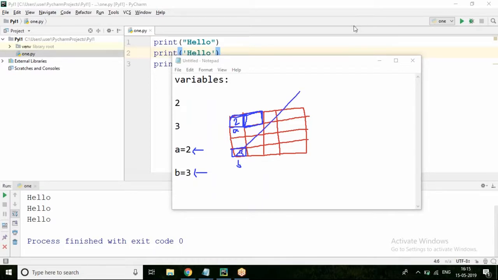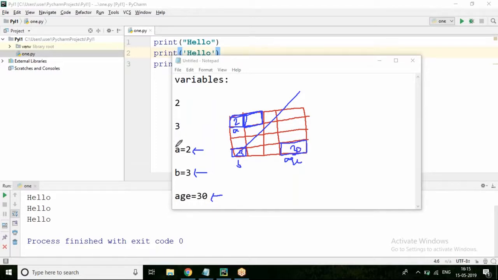Let us say I want to store the age of a user into the computer's memory. I will be writing age equal to 30. So whenever age equal to 30 is encountered, to any of the free cell, the name age will be taken and 30 will be stored into it.